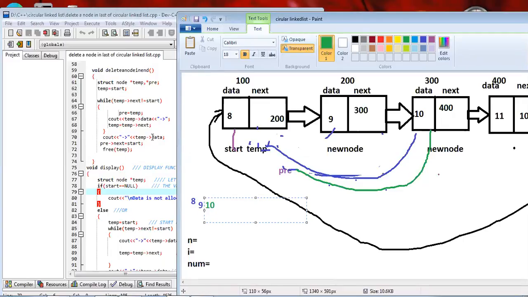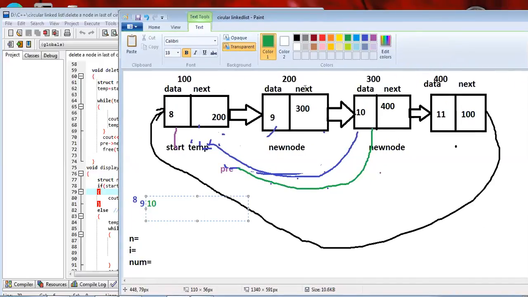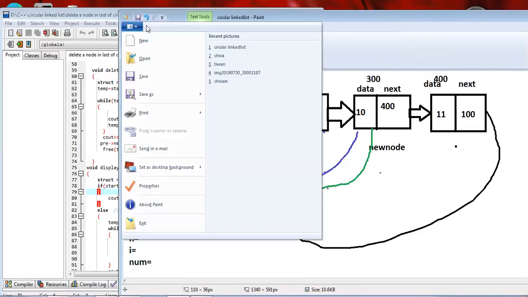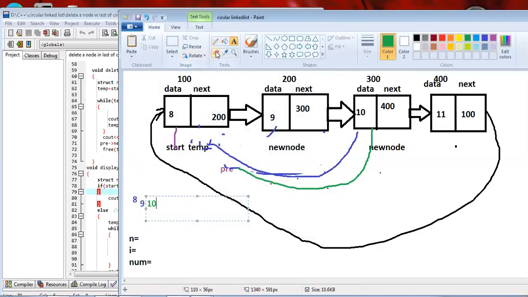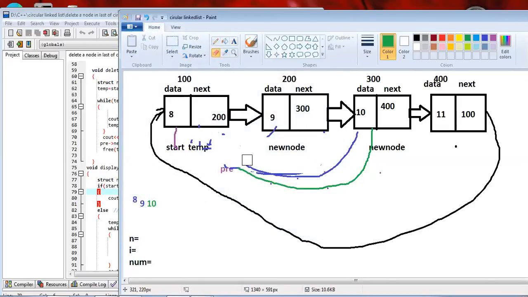Let's temp equal to temp next, temp points to this node and this link is removed, and temp points to this node.